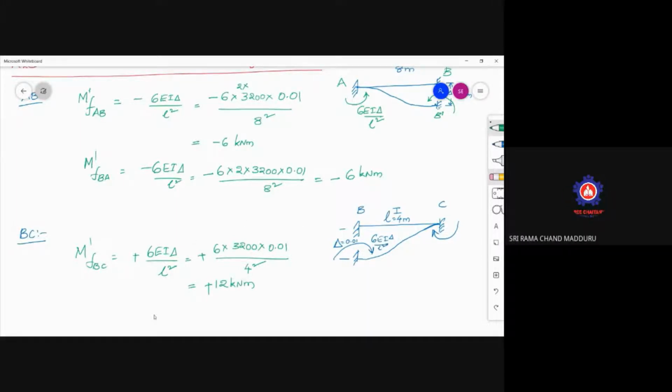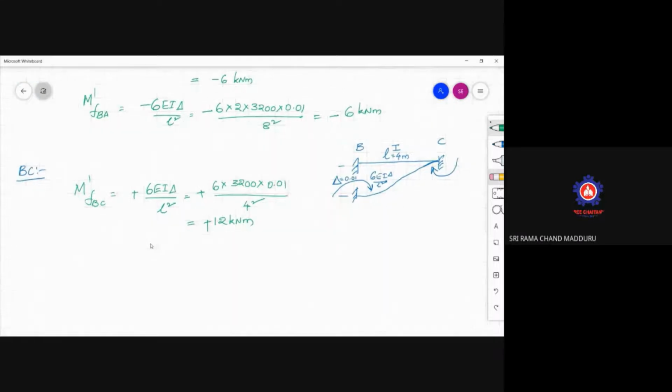Plus 12 kilonewton meter, that is M dash FBC. M dash FCB is plus 6 EI delta by L square only, which is plus 12 kilonewton meter only. The support moments, that is